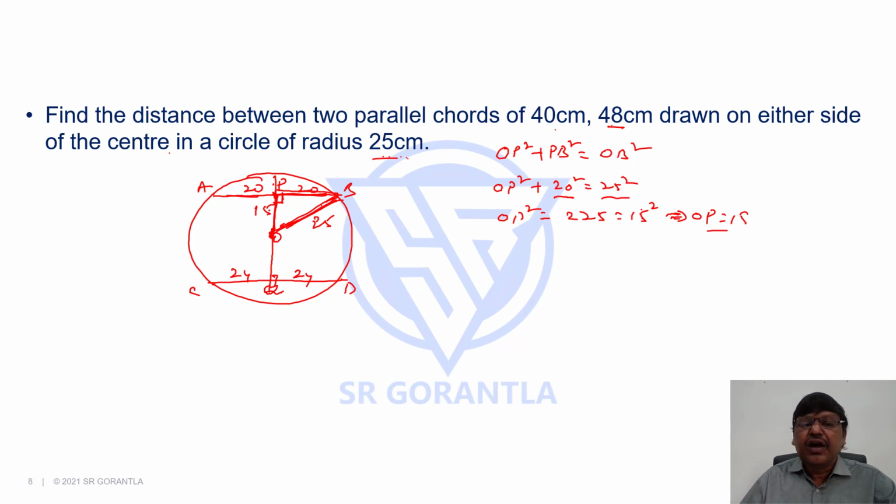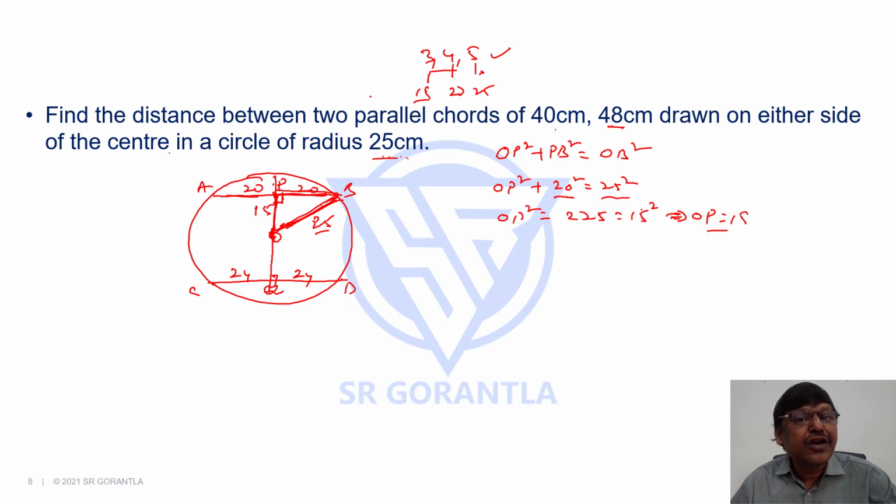Or we can say directly, if you recall the discussion we had on classification of triangles based on angles, in the case of right angle triangles, we have some common triplets. One of the triplets we spoke about, in fact the first triplet, was 3, 4, 5. I said not only 3, 4, 5, all their multiples also will hold good. Here, 25 is 5 fives, 5 into 5, 25, 4 into 5, 20, so the other side is going to be 5 into 3, 15, or not? Like this, you should guess it, right?